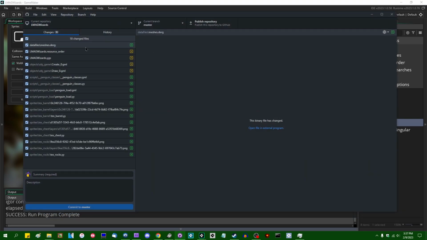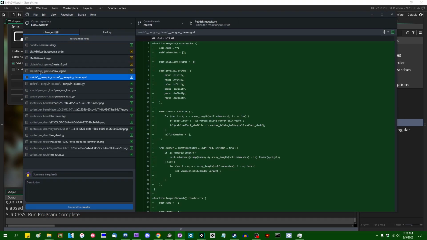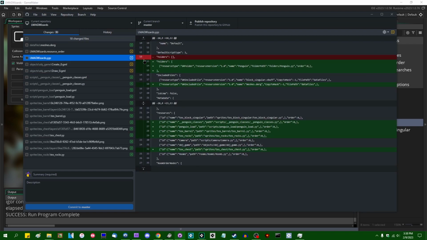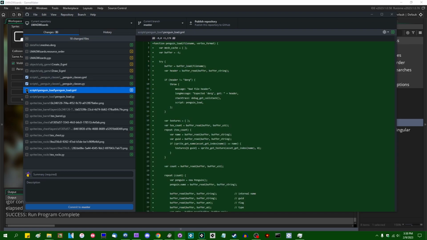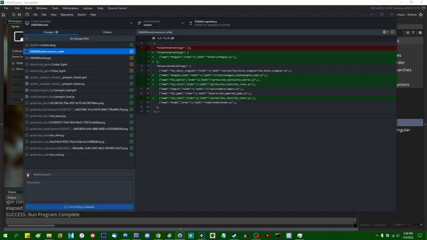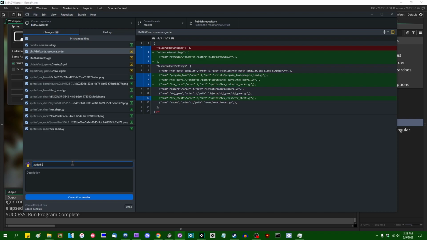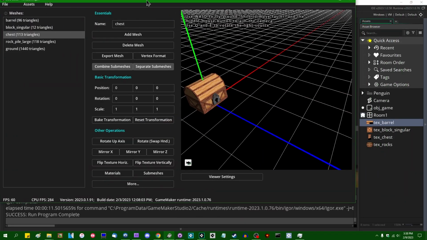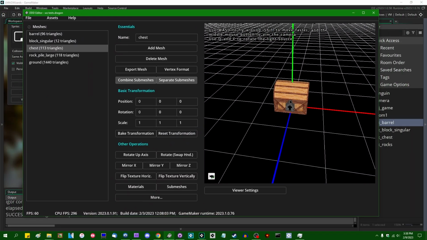I should probably commit some of these changes, shouldn't I? Let's do this in pieces. So first, I added penguin to the project, which is going to account for this and that, and that's going to also be these files. And secondly, I added some new test objects. But first, I actually want to make sure that they all have the correct up axis. Unfortunately,